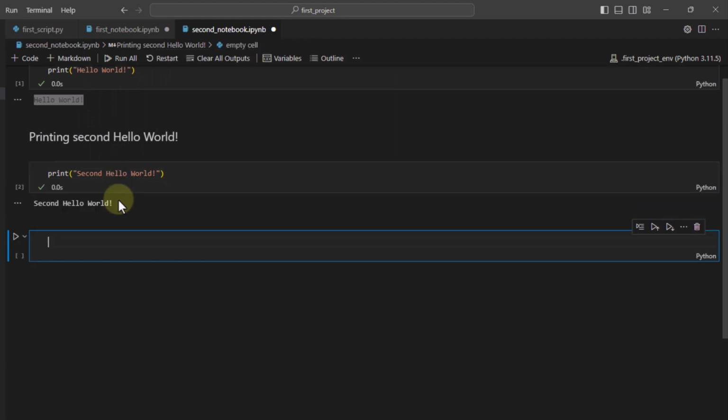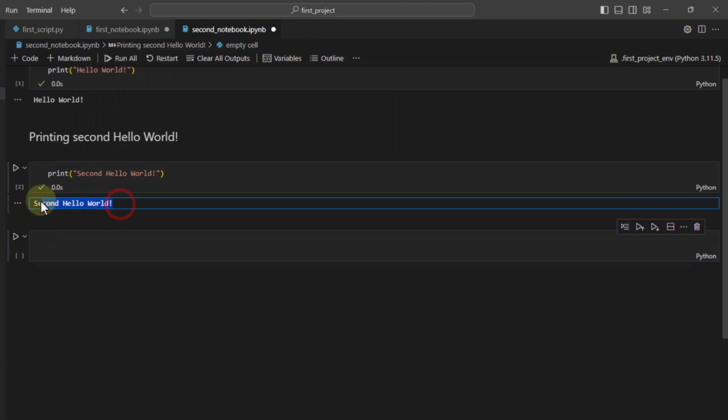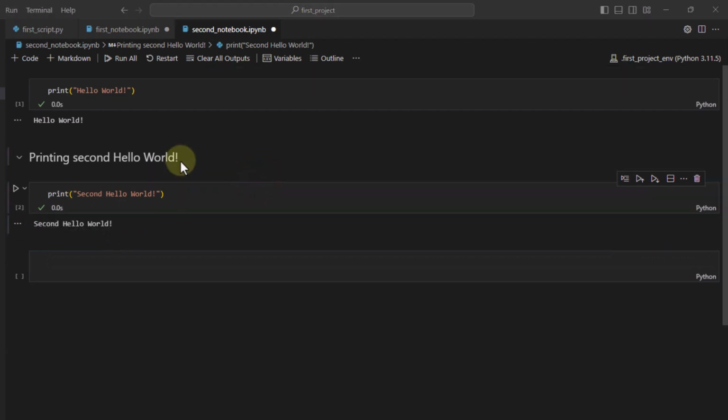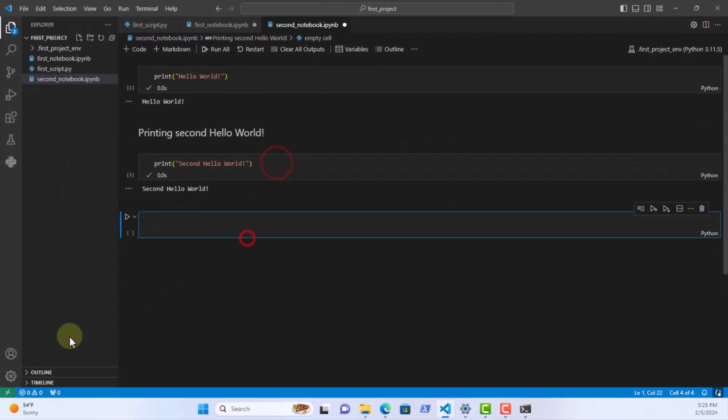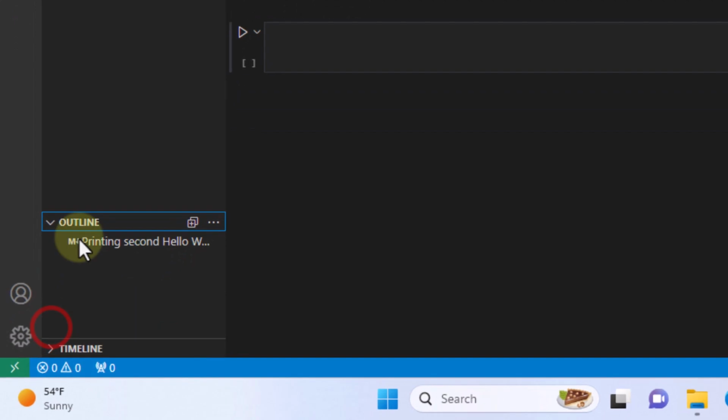Shift Enter, and it will execute the code and display the output in the code output cell. Markdowns are also useful to create superficial documentation of your code that you can use to navigate. Sometimes we might have long Jupyter notebooks with many different cells and many hundreds and thousands of lines of code. In that case, if you go to this lower right corner outline option, you'll be able to see Markdown